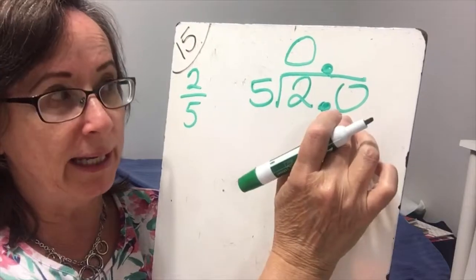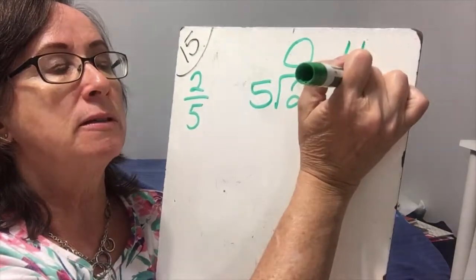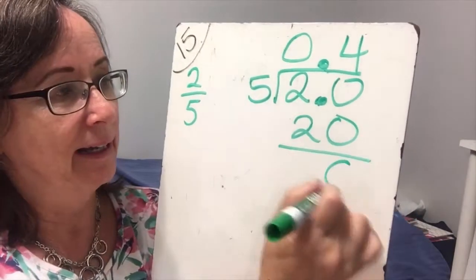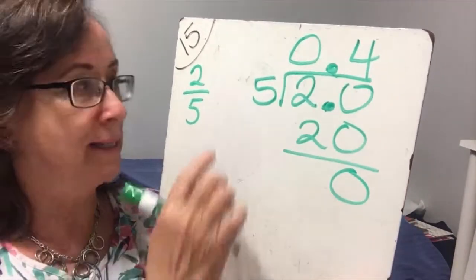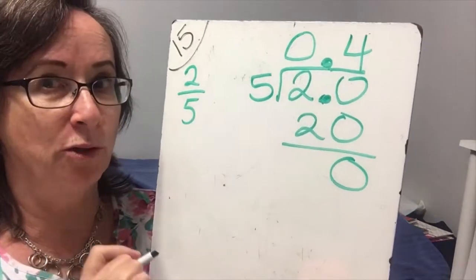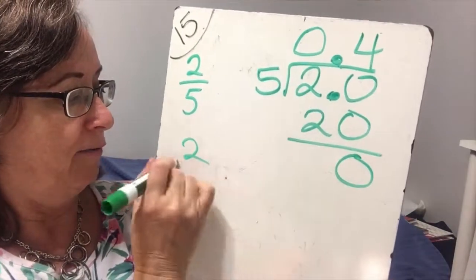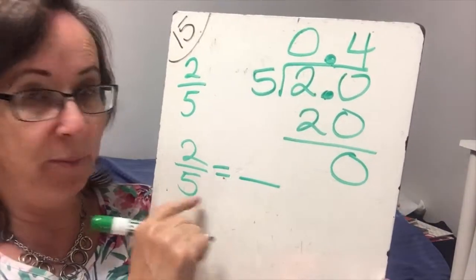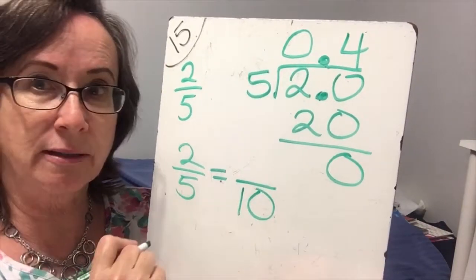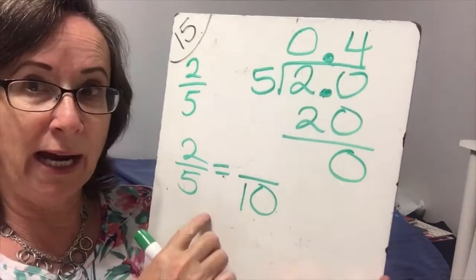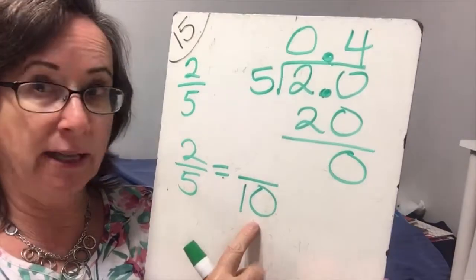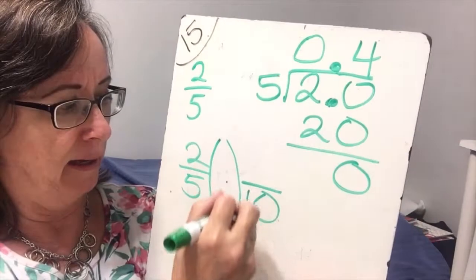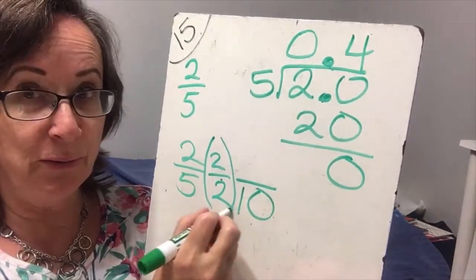So 5 into 20 is going to go 4 times. 4 times 5 is 20, and we are done. So 0.4 is the same as 2/5, but you knew that, didn't you? Because 2/5 is the same thing as how many tenths. Okay, when we're trying to get from 2/5 to how many tenths, we're going to multiply by 2 over 2,